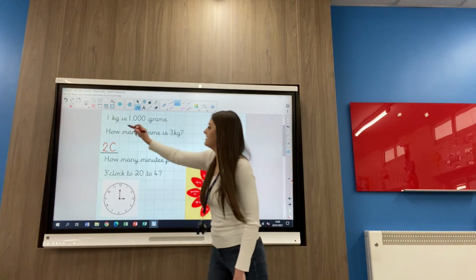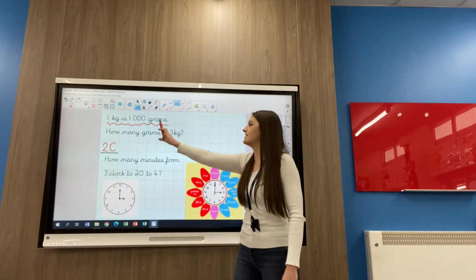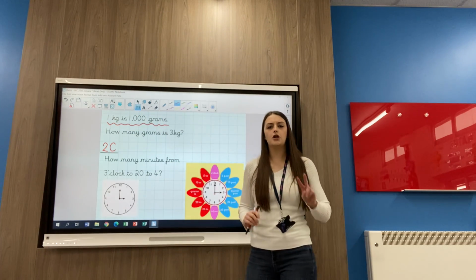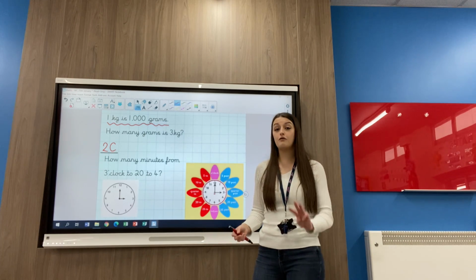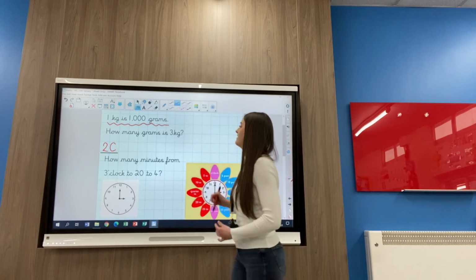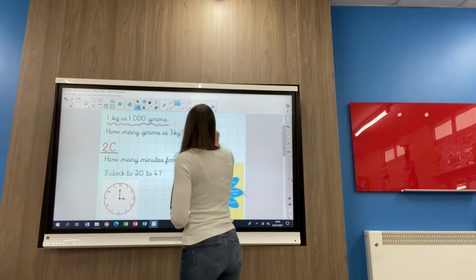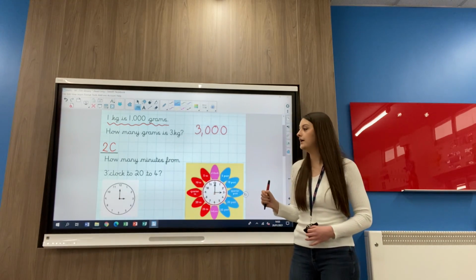Well, if I use this useful information, I know that 1 kilogram is 1,000 grams, so 2 kilograms must be 2,000 grams, so 3 kilograms must be, have you guessed it? 3,000 grams. Okay, so make sure you're using the information that the question has given you. Now,